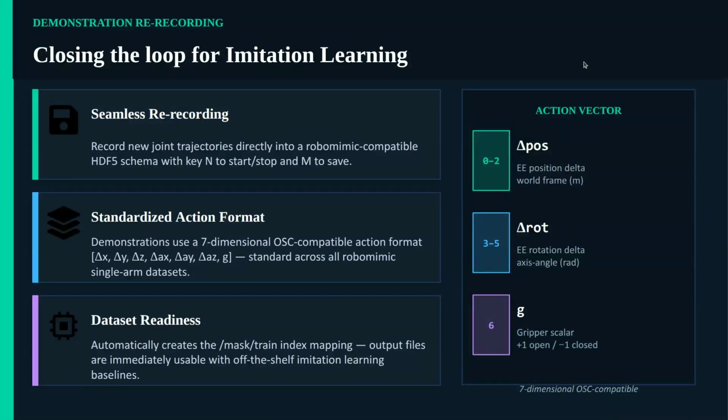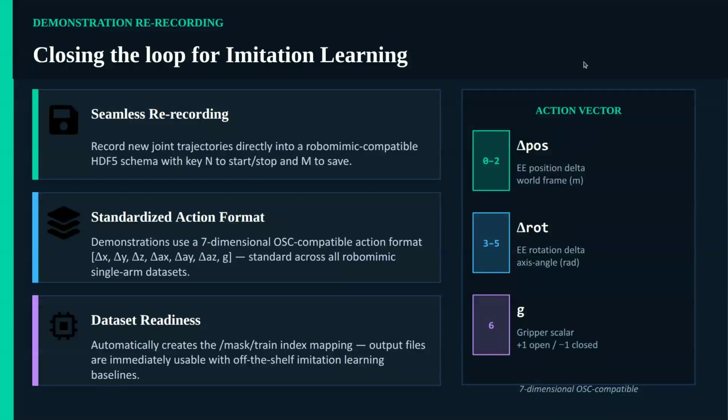So the only thing you have to do is open the code, load the simulator, tell it the scenes, swap the scenes, whatever object you want, and record your data. You only have to operate the keypad to record the data, and the recorded HDF5 file would be in the standard RoboMimic format. So you start with a few data files, and you don't do a lot of simulator operation. You just do a few keypad operations, and you have way more data files than you began with.